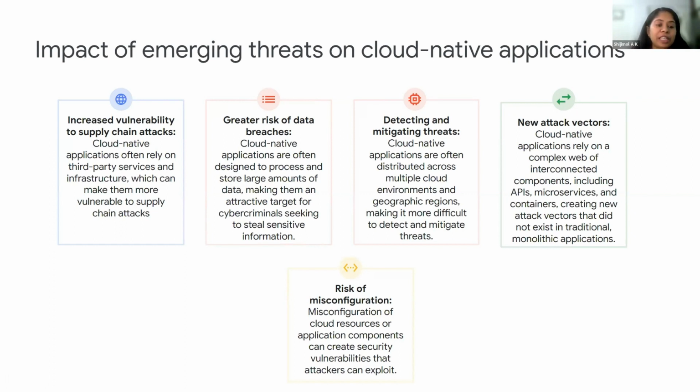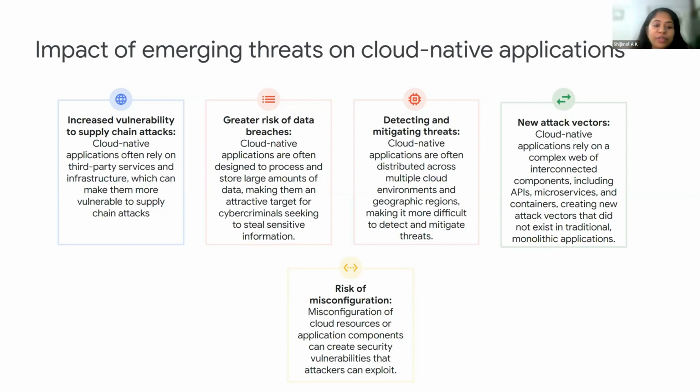increased vulnerability to supply chain attacks, because cloud native applications rely on third-party services. When you are building applications in the cloud, many organizations do not build the entire application stack on their own. They might be depending on third-party vendors, integrating with a third-party service. For example, you have a solution and you are integrating it with a third-party voice over IP solution to enable voice calling. That part of the software might be coming from a third-party vendor, but you're integrating it into your code and your code is interacting with it. So that is the possibility of a supply chain attack.